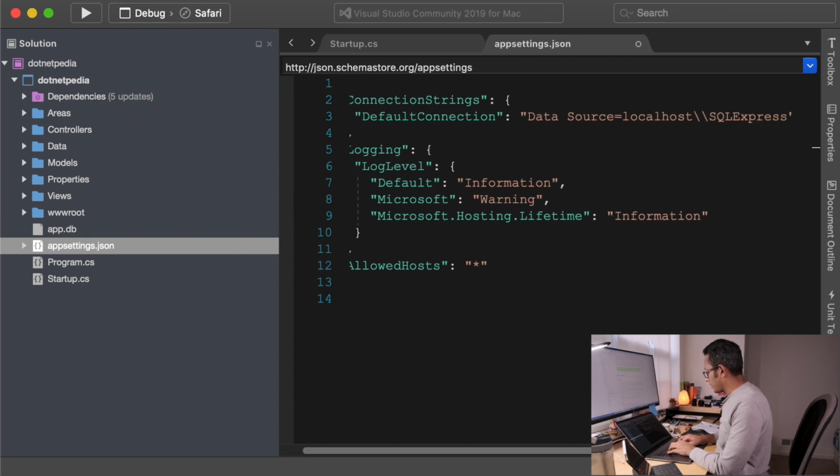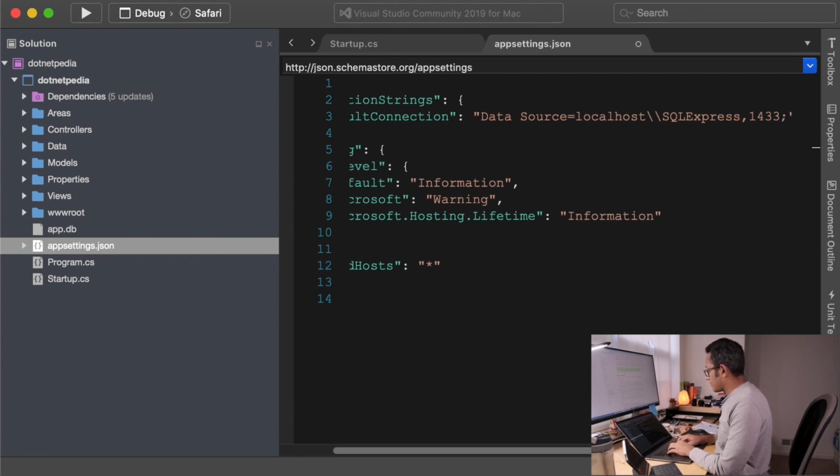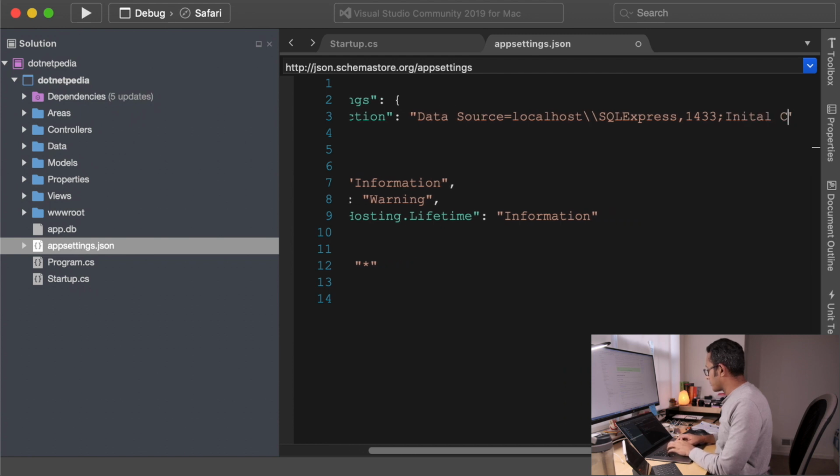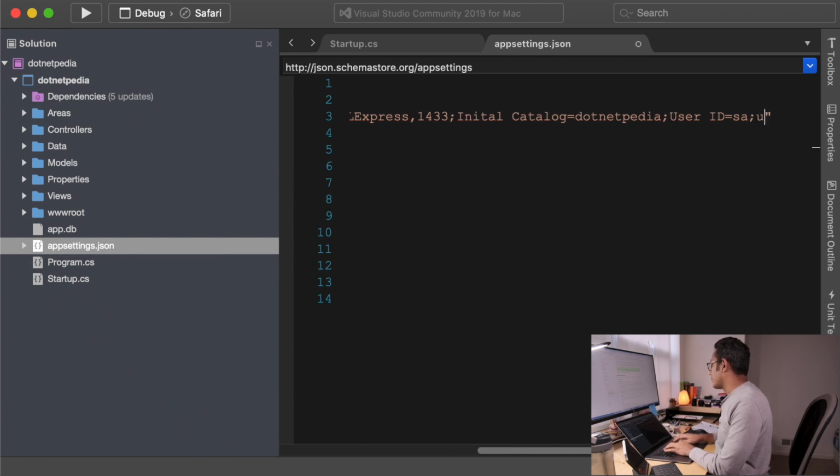This is our server name, and 1433 our database port, and initial catalog in database is equal to .NETpedia. This is our database it's going to create. Right now there is no database like this. User ID equal to SC, and password equal to